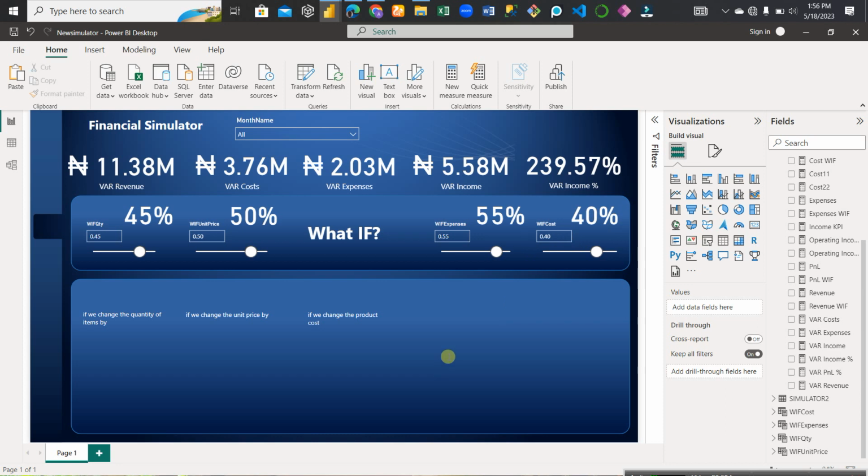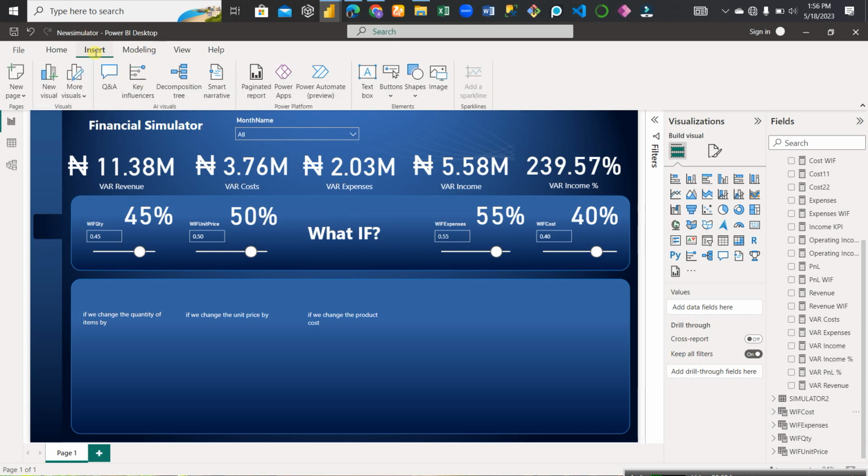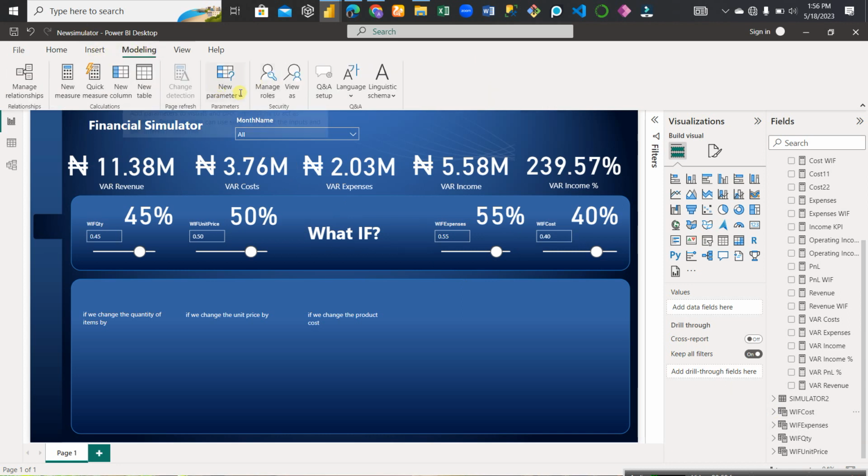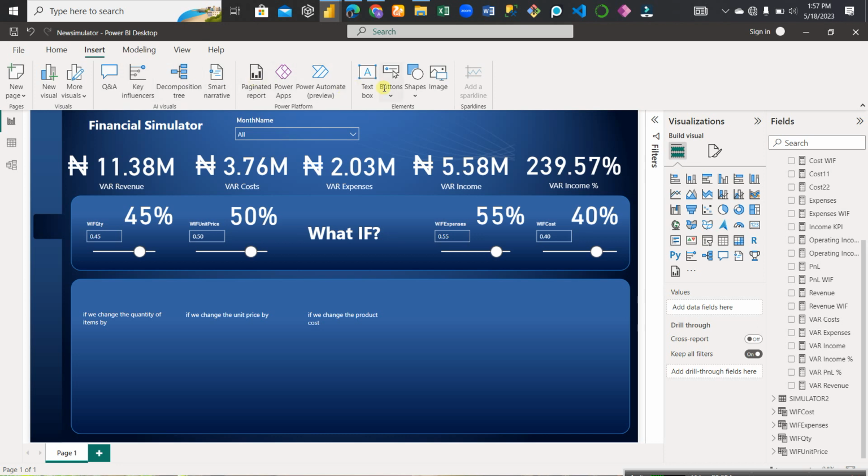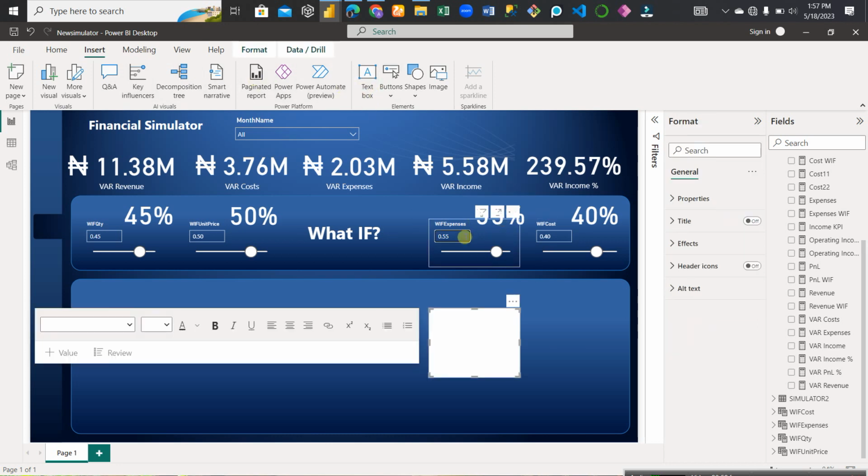So if we change the product cost, and the last, if we change the expenses, don't forget the quantity is what if quantity, the what if unit price, the what if expenses, and the what if cost. They are all here, which you created by going to the parameters. Just trying to recap what I've done. So the new parameter, there you click numerical range, and then let's go back to what we've done before, the insert, the text box. The next thing we're going to be doing now is to impute, if we change the expenses,